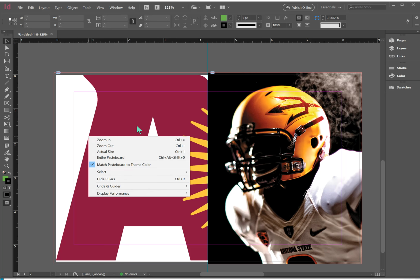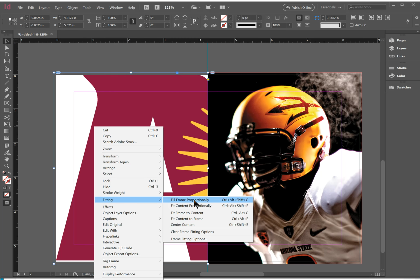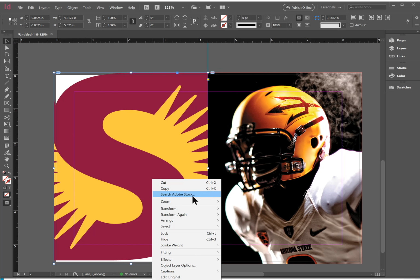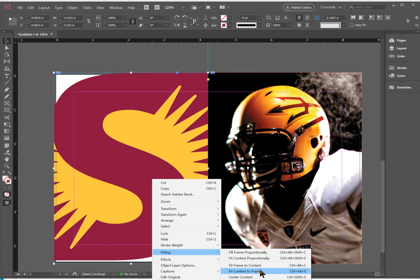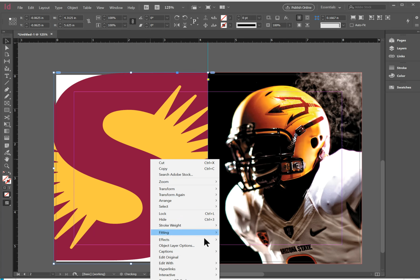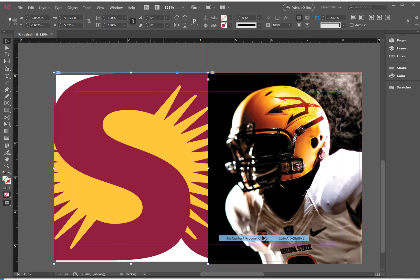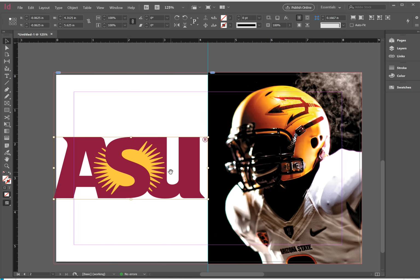Now this is obviously not scaled right, so I need to resize it. So I'll right click, go fitting, fill frame proportionally. Oops, not that one, sorry. In this case, I need to fit the content to the frame, but I need to do it proportionally. Alright, fit content proportionally. And I don't like how that fits. By default, it's just plugging it in there. Remember, the frame and the content in the frame are two different things. So I can grab the content here,